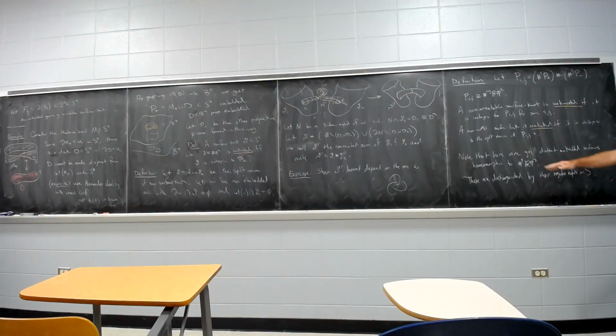A regular neighborhood of a surface in a 4-manifold is going to be a disk bundle over that surface. You can calculate the Euler number of that disk bundle, and that's an invariant of those disk bundles that will distinguish these. The Euler number of these will be 2i minus 2